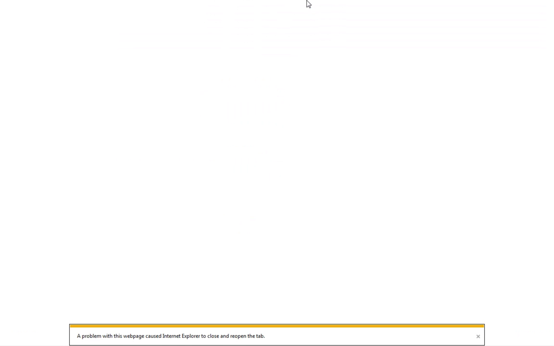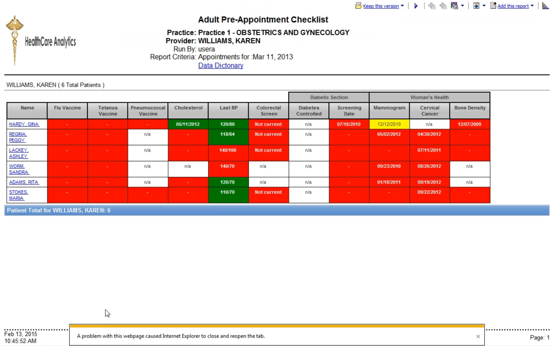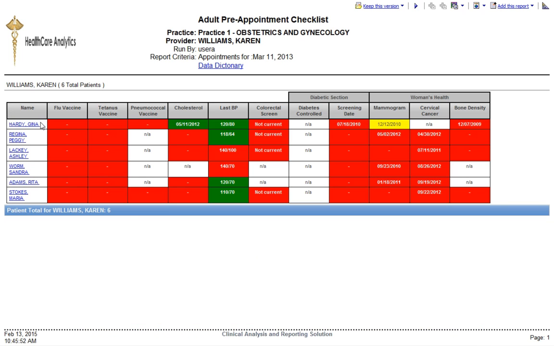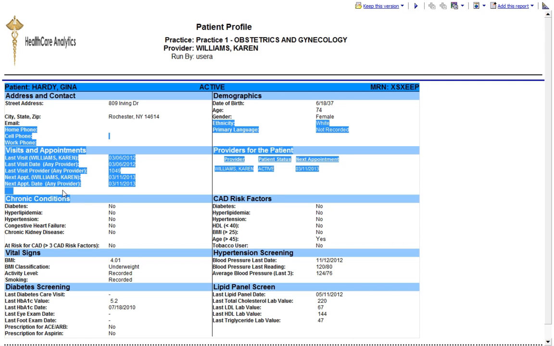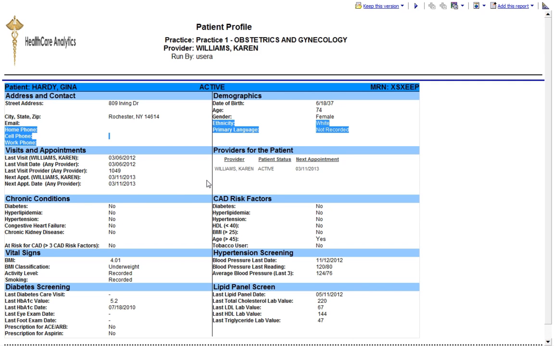So if we take a look now and come back to our pre-appointment checklist, you'll notice over here too that for each of our patients, we have the ability to actually dive into additional detail. We can bring up their profile report. So you're not always going to be able to see all of the information that you need to about an individual patient. Obviously, there's not enough room. So we actually came up with a profile report that goes and shows you all the additional information about that